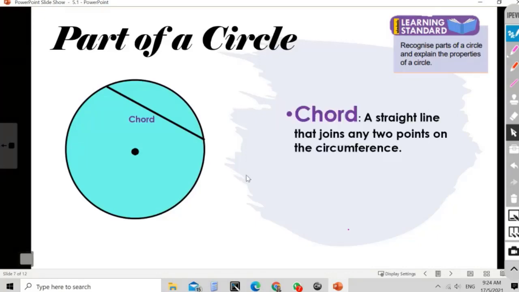So a chord is a straight line that joins any